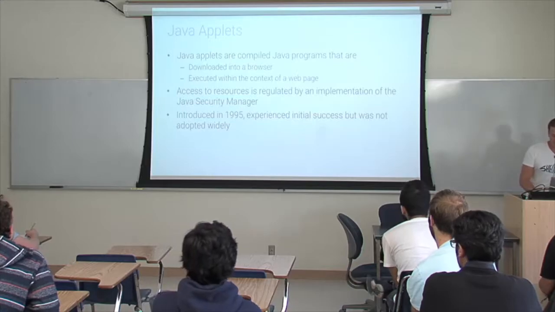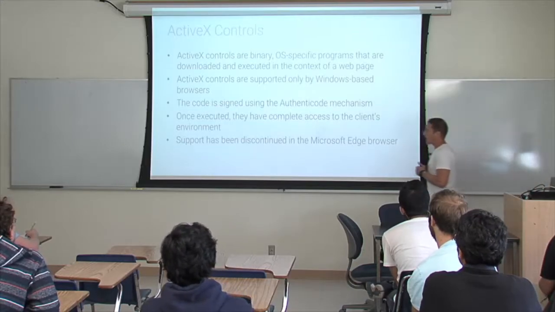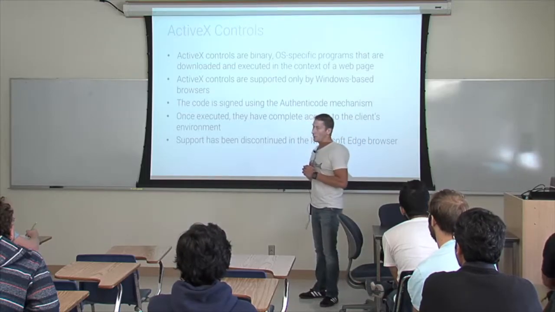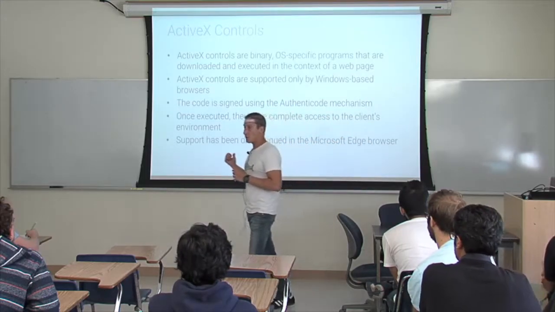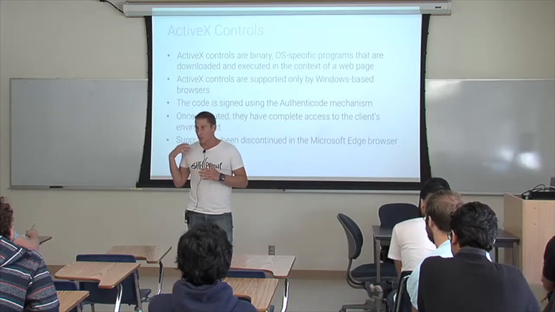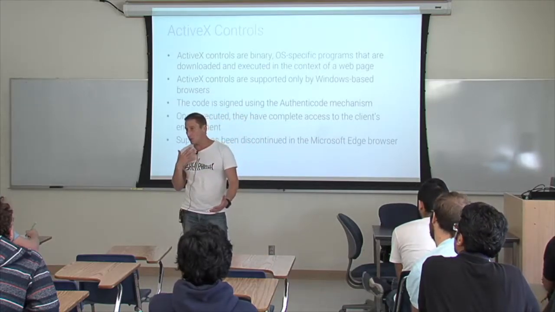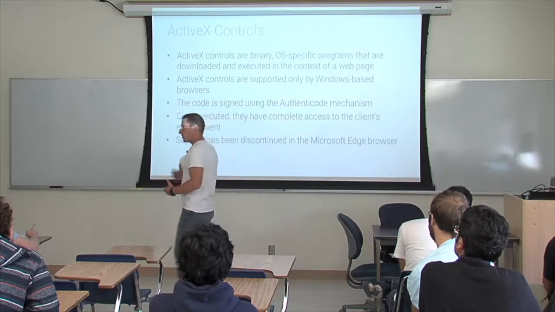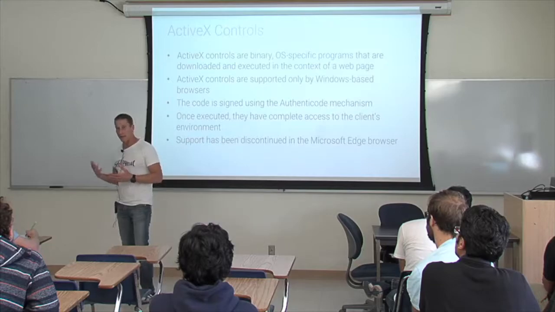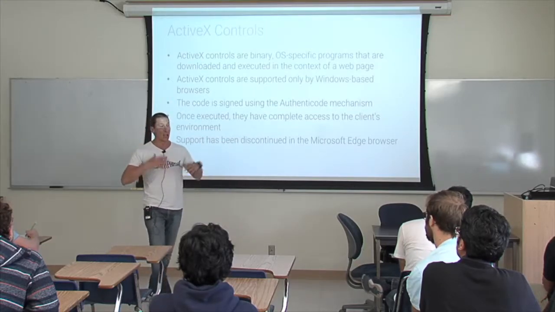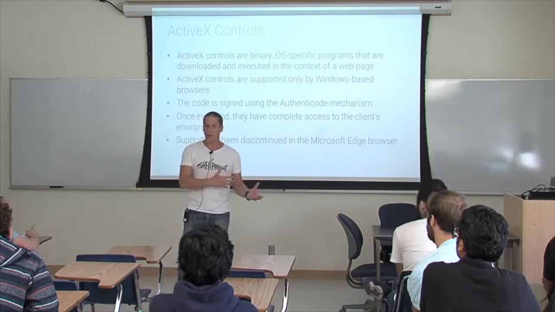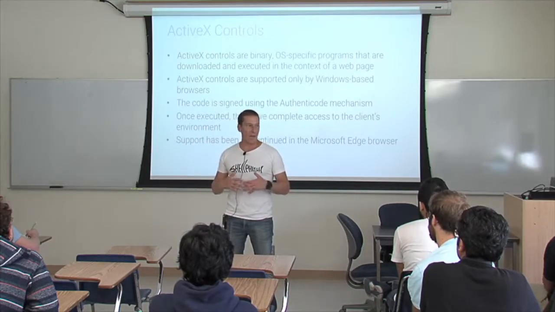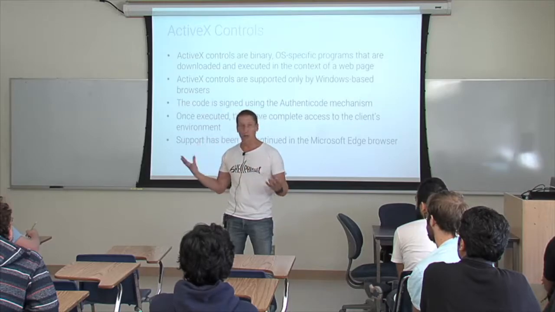Something that got adopted widely, and was at least responsible for a lot of security problems, were ActiveX controls. This was the Microsoft response to Java applets. They said, we don't want Java because it goes too slow. At that time, in the 90s, having an interpreted language like Java within a browser with the current infrastructure was not sufficient. Everything was very slow. You could not do a real application.